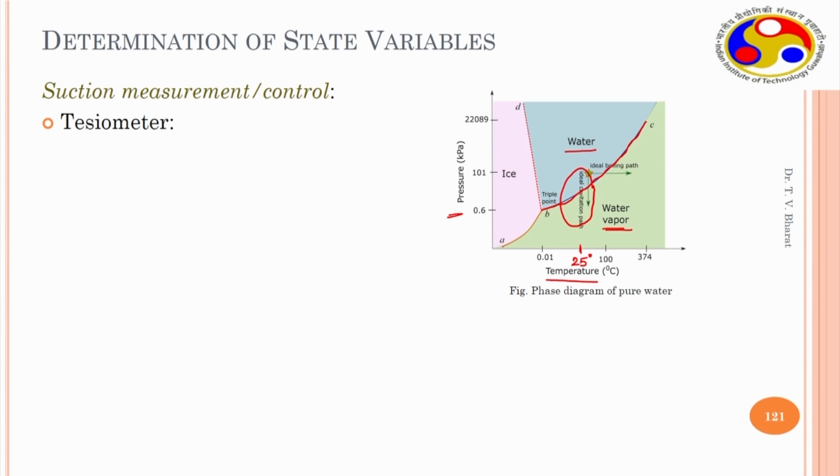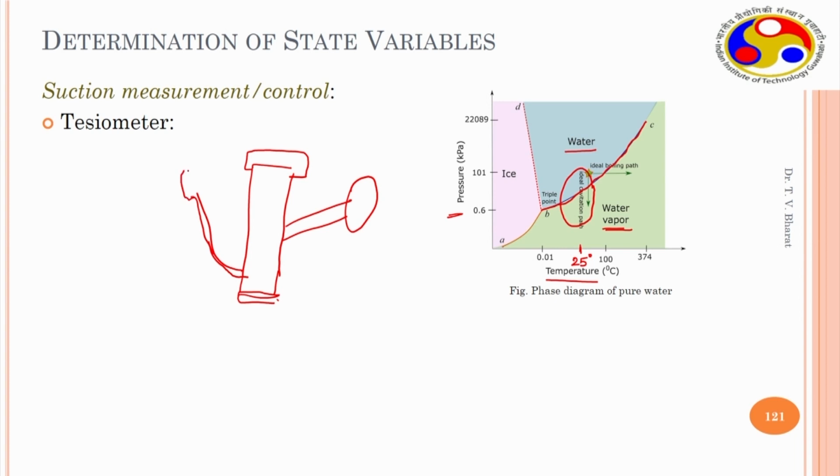So how is this useful for the tensiometer? In a tensiometer, we have seen that there is a water filled tube which has a cap, connected to a gauge, and here you have a vent, etc. This is connected to one flexible tube through which you have a sensor connected. This is a high air entry disc. Now this sensor comes in contact with soil.